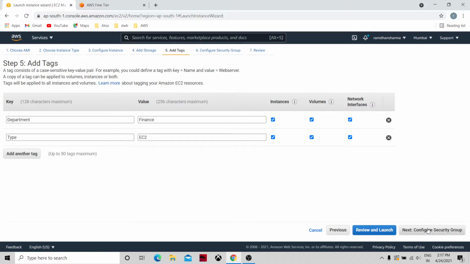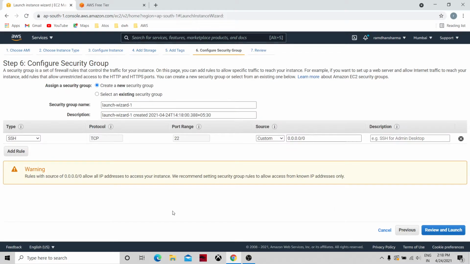Then we have the security group. With the security group we can limit access for security purposes, I mean whichever traffic is coming in, because this will be residing in one of the virtual private clouds. Whichever traffic or application is going to access this machine is governed by the security group.